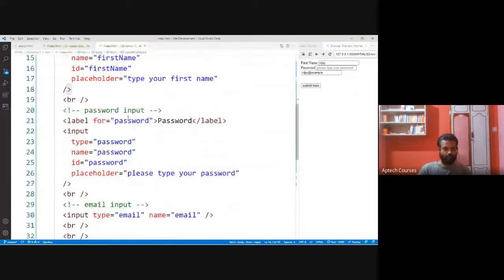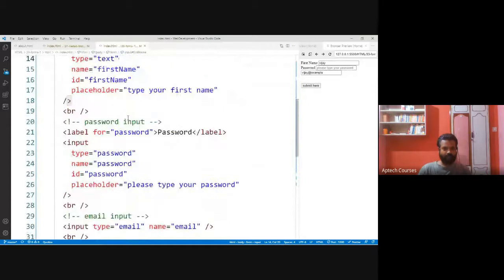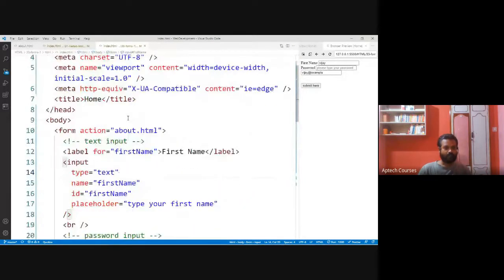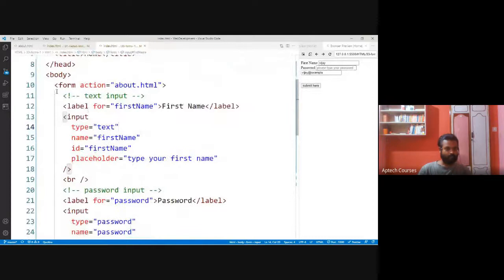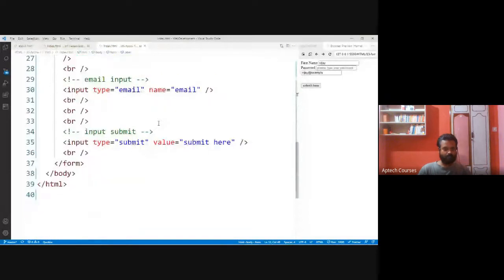As of now, the most important one is how we can send the form data to some destination, and this one, label. When we are working with complex website design, these are all common. We'll come to know how we can use these labels.